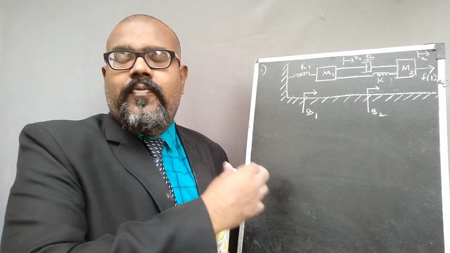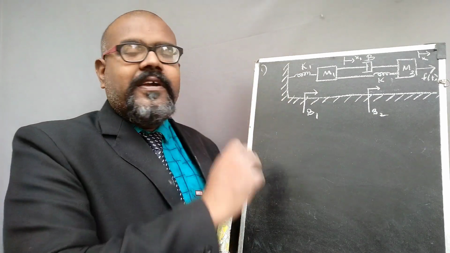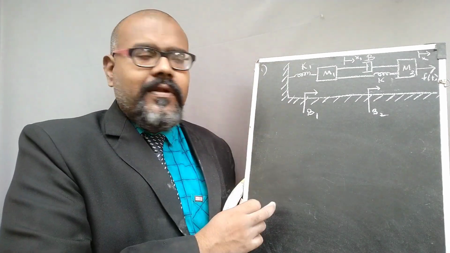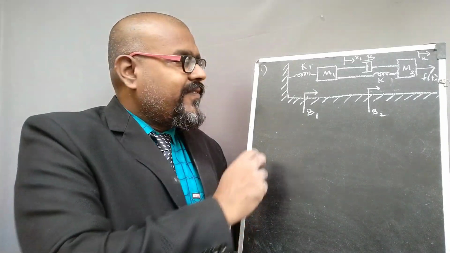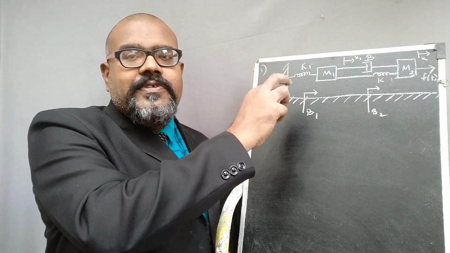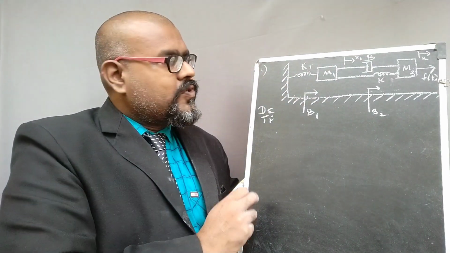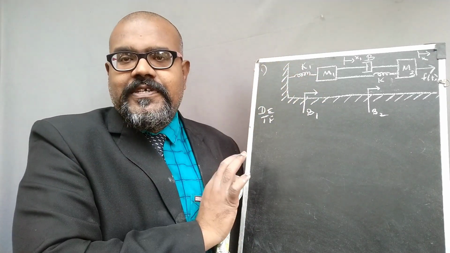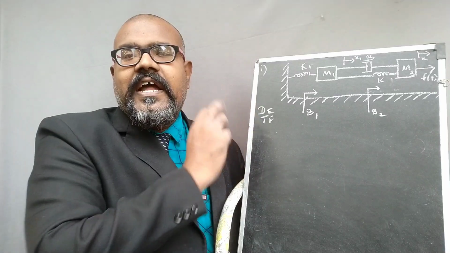Let me solve some of the problems under mechanical translational systems. So this is the diagrammatic form of example number 1. What we can find from this diagram is that we need to determine the differential equation of the whole system, and we need to determine the transfer function of the system. So these two things are what we need to identify: the differential equation and the transfer function.